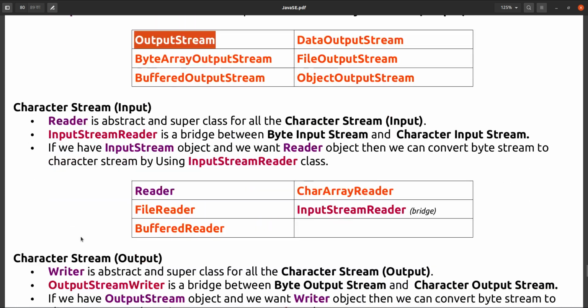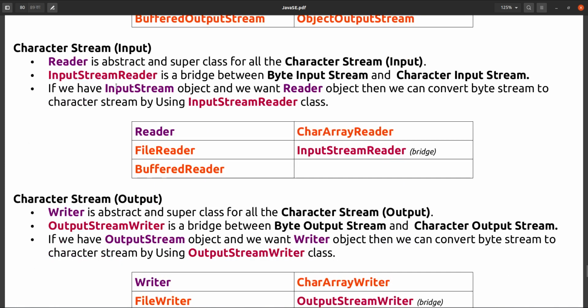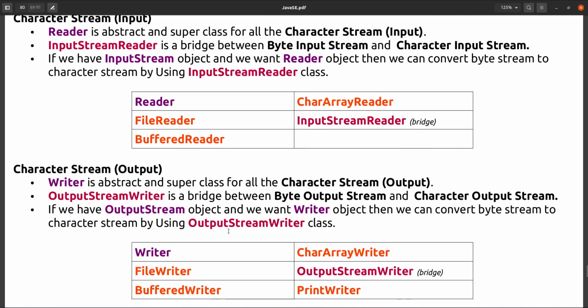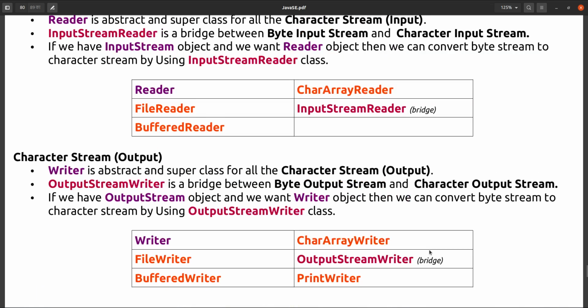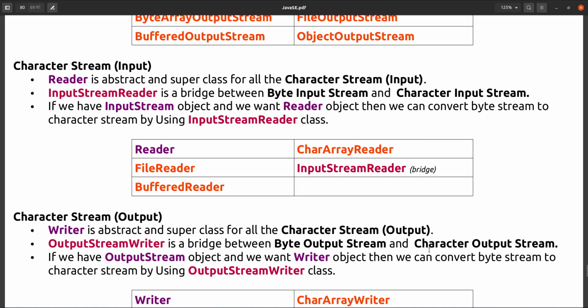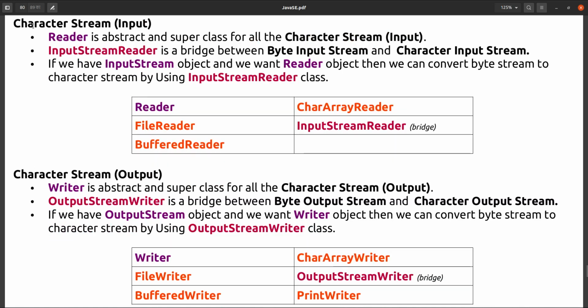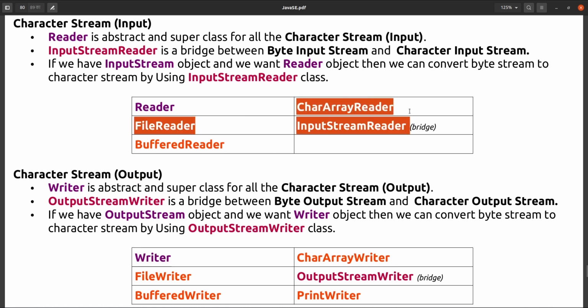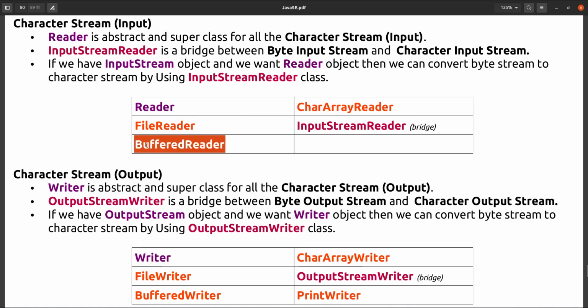And for character stream, Reader and Writer are there. If it is a character stream of input type, we have to use Reader. If the character stream is of output type, we have to use Writer. And these are the implementations: CharArrayReader, FileReader, and BufferedReader